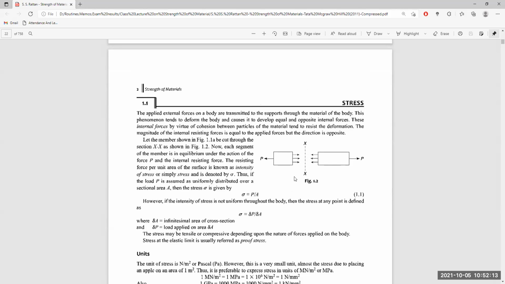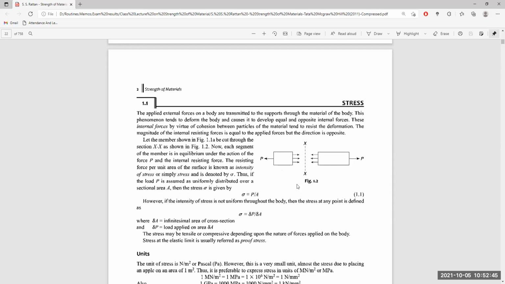Fast, what I am telling you has to be understood. It is a prismatic bar. It is a total bar, not separated like this. It is shown like this to show the section here. Okay? This bar has a section in between it. It may not be at equal distance from both the ends. No problem. At the left end there is a load P, and at the right end there is a load P. Okay? Our question is, what is the load acting on this section?